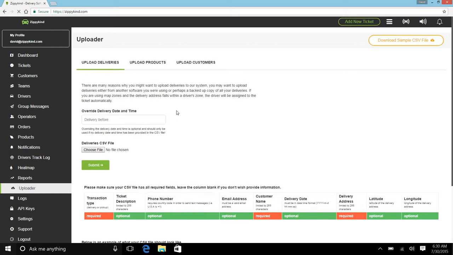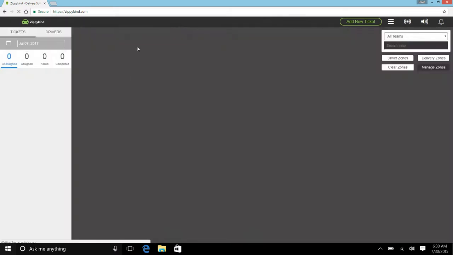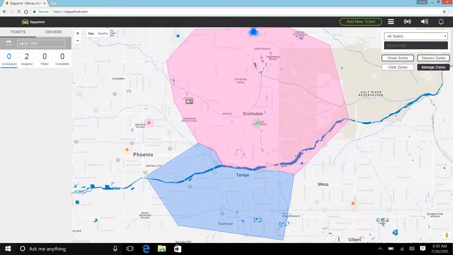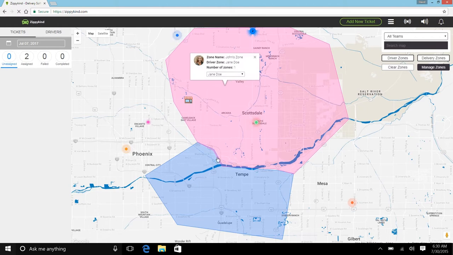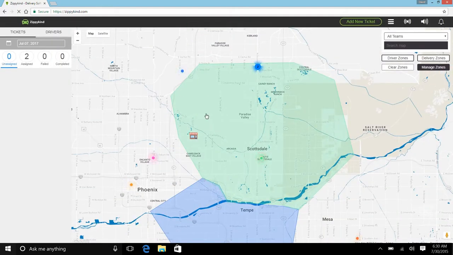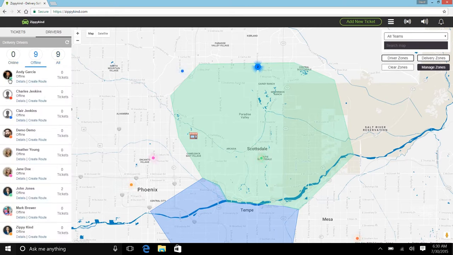Before we get into the uploader, let's go back to the dashboard page and I want to show you how you can quickly reassign a driver zone. Let's click on the driver zones and superimpose them. And what you can do is click on the driver zone and you'll see a select field here with all of your delivery drivers. You can select a different delivery driver, let's say Andy Garcia, and you'll see that the map refreshes and now